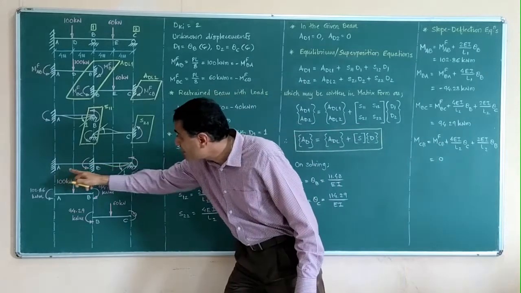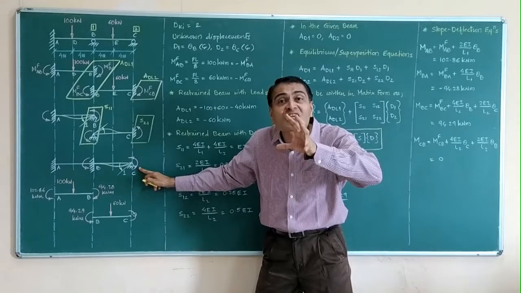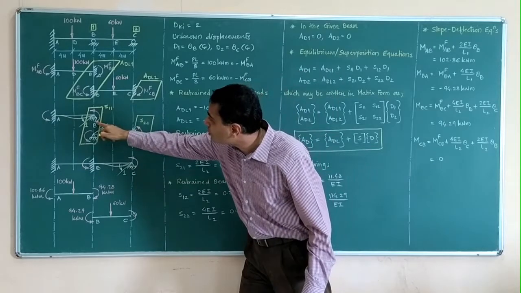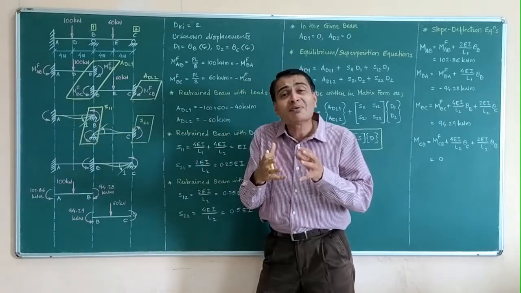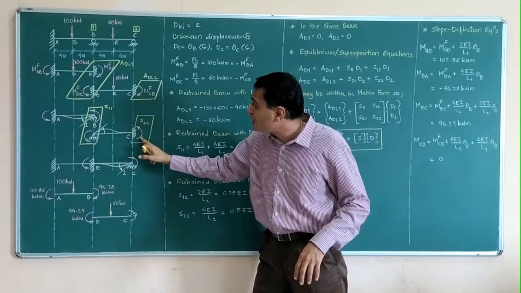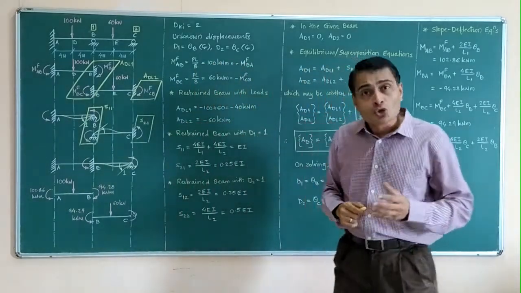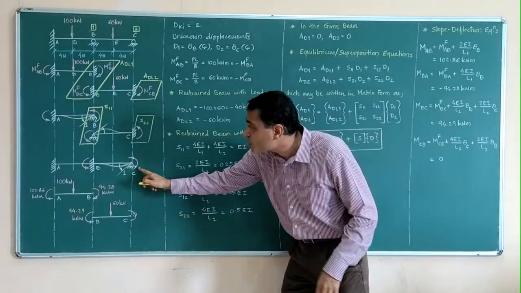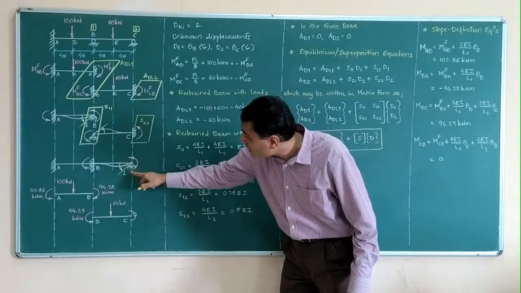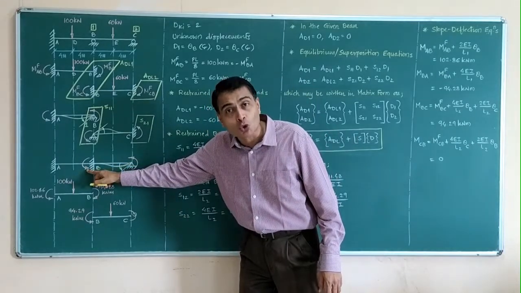Please observe, the remaining joints are restrained. Only that joint is released for the sake of rotation. The same thing we had done here also. Why have I shown a hinge here or a hinge here? Because I am releasing it for unit rotation, that's all. Otherwise, this joint is fixed and this is anyway fixed. So we are giving unit rotation, theta C equal to 1, and the corresponding moment I have shown here, and some moment generated here also I have shown.